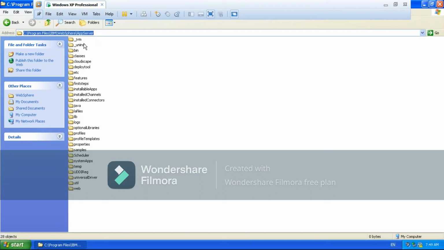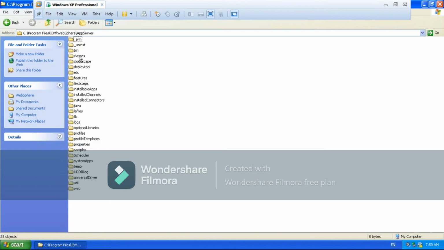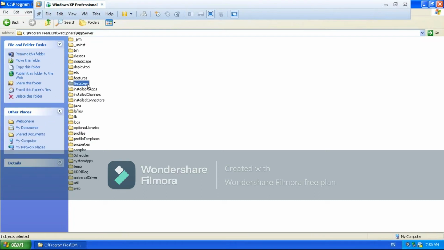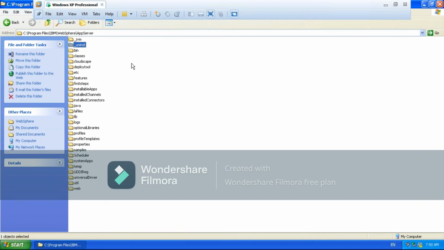Whatever is available in this WAS home, we are going to call them product binaries. Once the installation is done, these product binaries will be ready. Here you just need to observe what is there in the WAS home. You will have an uninstall; if you want to uninstall this instance, you can use this uninstall.